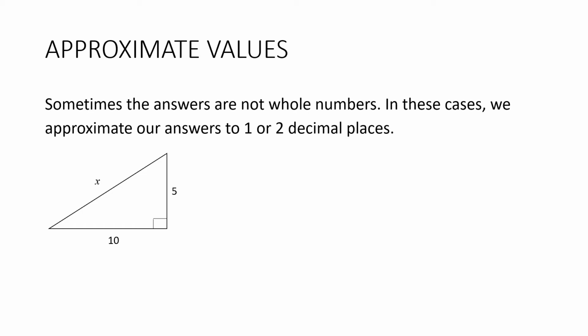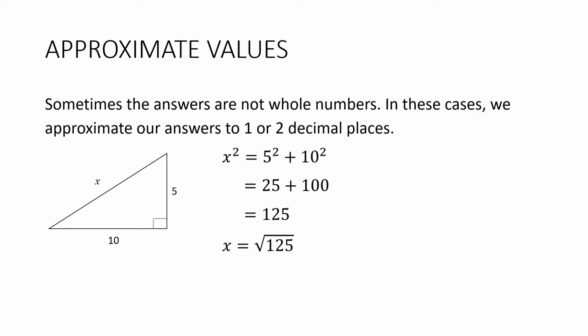But let's start by writing Pythagoras' theorem for this triangle. X squared equals 5 squared plus 10 squared. Let's work these out. 5 squared is 25, 10 squared is 100. Now let's add them together, 125. And then we're going to do the square root. So x is equal to the square root of 125, which is not a nice number. If you put in the calculator, we get